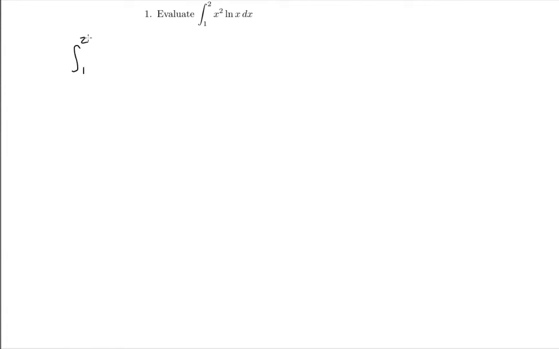So we have the integral from 1 to 2 of x squared ln x dx. And so now I have to choose u and dv by dx. The u should always be something easy to differentiate. Both of these are easy to differentiate. And the dv by dx should be something easy to integrate. Dv by dx should be x squared because ln x is hard to anti-differentiate. So we're going to choose this to be our u, and we're going to choose this to be our dv by dx,